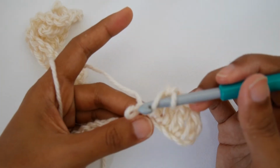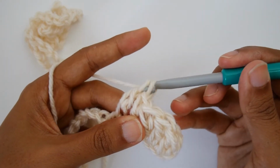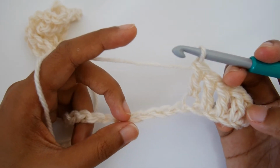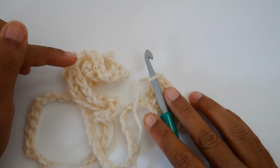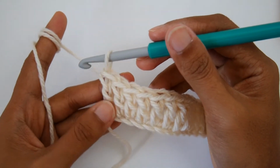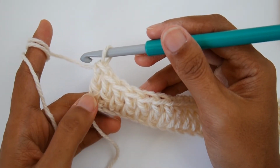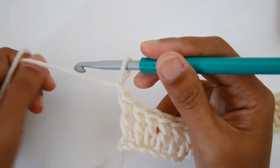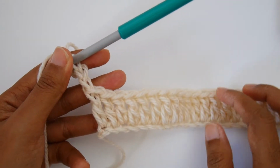and I will go off the camera and finish off the one double crochet in each chain across, and we meet you at the end of the row here. Now I am at the end of row 1 where we just made double crochet in each chain across, and at the end we will chain 2. Turn your work,